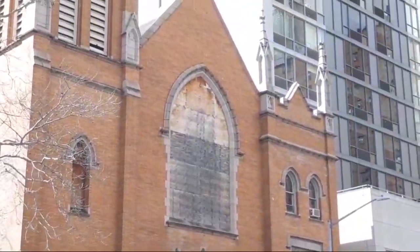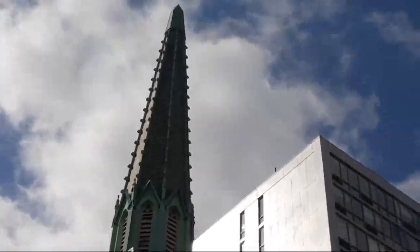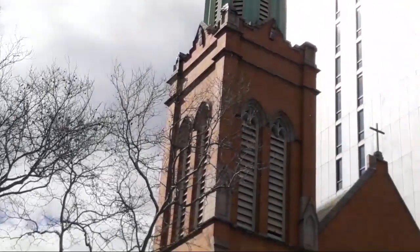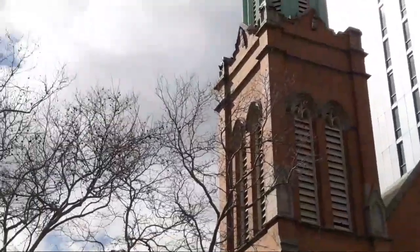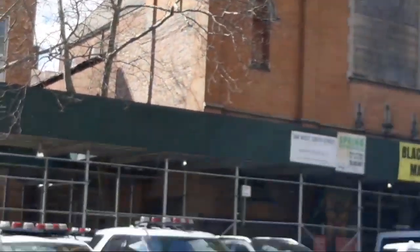big windows, big window in the middle, all boarded up. We go up to the top, and that's what caught my attention, the roof, which some have been saying relates to the original Tartarian free energy technology, which it looks to me, I mean, there's so much other research. I did a lot of Tesla research, and it seems to me that Tesla technology is really bastardized Tartarian technology. So I really wanted to catch this church,